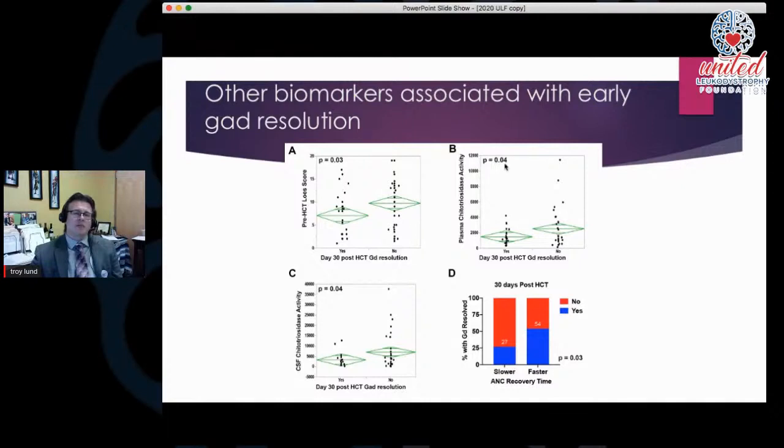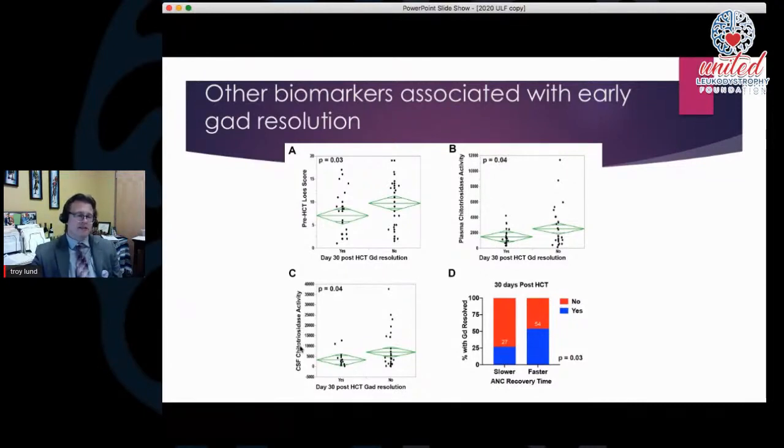We had measured a marker of monocyte macrophage activation over the years called chitotriosidase. And we found that boys with more severe cerebral disease have higher levels of plasma chitotriosidase and also higher levels of CSF chitotriosidase. So I simply asked the question, what is the difference between the plasma chitotriosidase between the boys whose gadolinium went away quickly versus the boys whose gadolinium stuck around longer. And it turns out these boys had lower levels of plasma chitotriosidase. And again, that data just makes a significant cut at p-value 0.04.